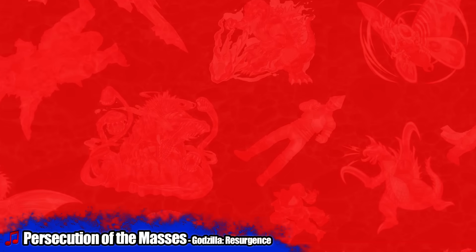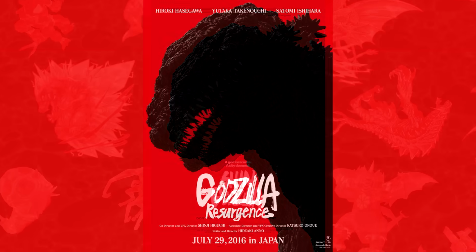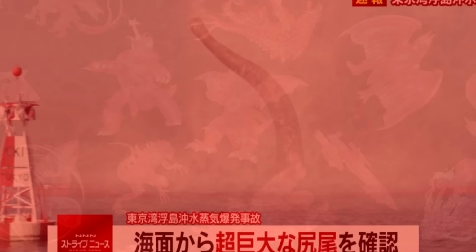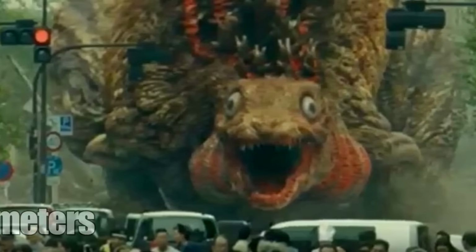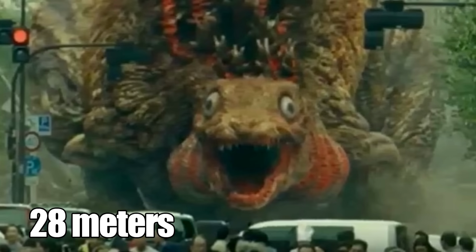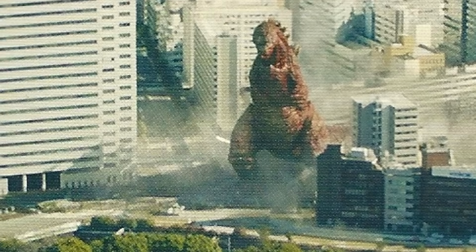The 2016 Godzilla makes his debut in Hideaki Anno's Godzilla Resurgence, also known as Shin Godzilla, where he starts off as an aquatic creature only whose tail is seen. He then adapts to be able to walk on land in his 28-meter tall second form. As time goes on, he grows visibly redder in a segue to the third form, which stands twice as tall